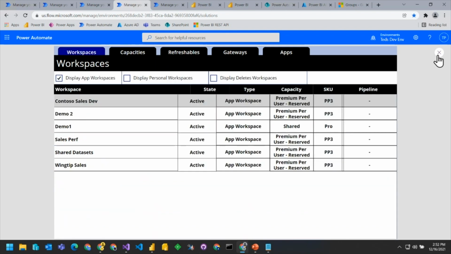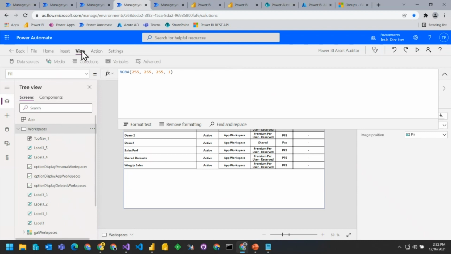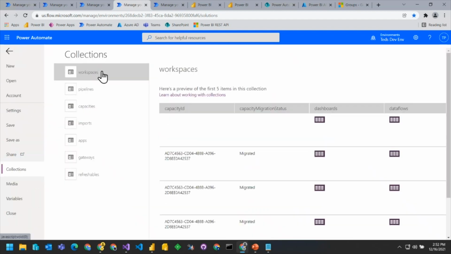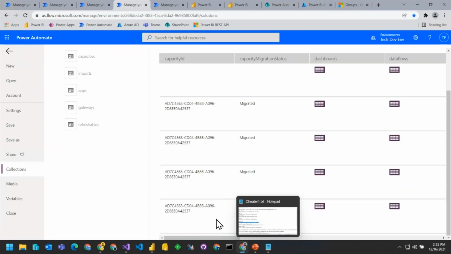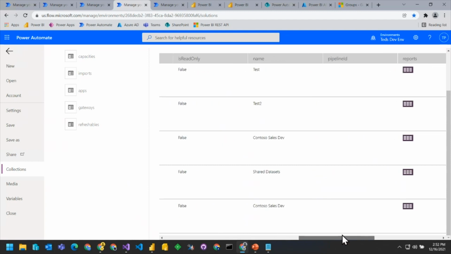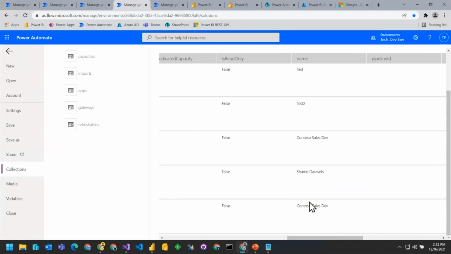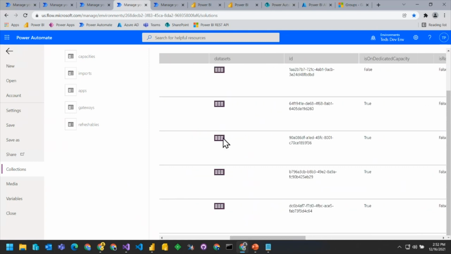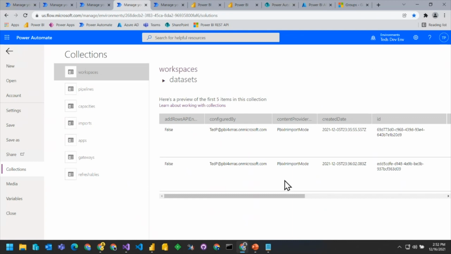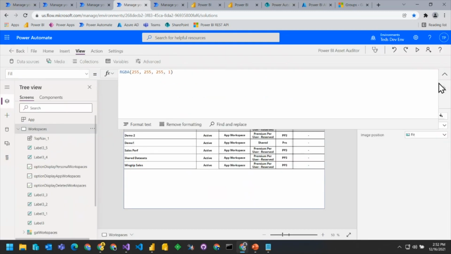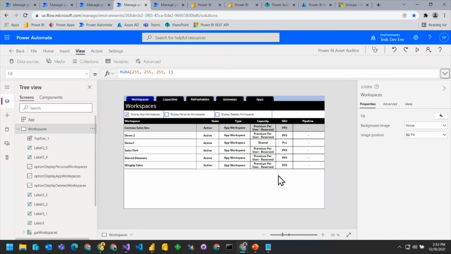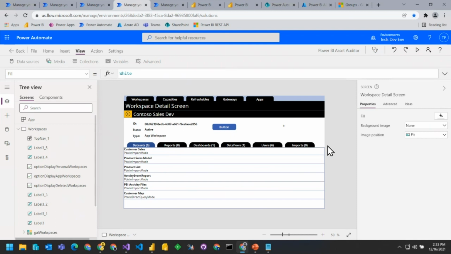It's kind of strange about this call right here: if I go back to view, and we look at our collections and we look at workspaces, each time we call one of those, I can see the name of the workspace. But the idea here is, if I have this workspace and now we go over and say, what are the data sets? You can see it passes all that back. And so here you can see that with that information, we're able to go back and forth and see details, such as what are all the assets in there.